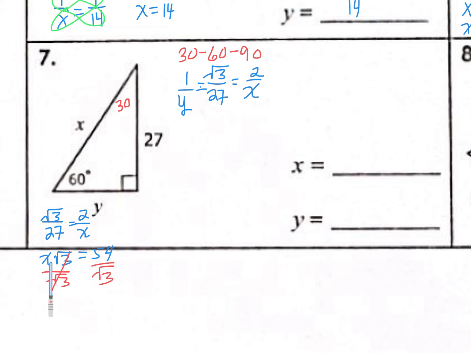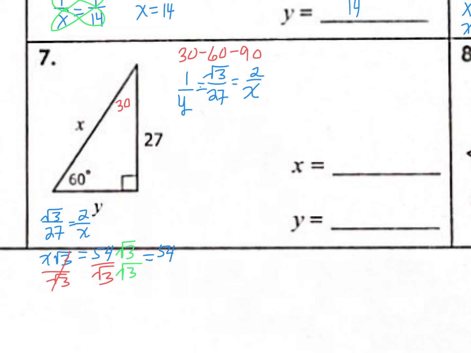So x cannot equal 54 over the square root of 3 because remember, we have to rationalize any radical in the denominator. So to rationalize this radical, we have to multiply it by itself. What we do to the denominator, we have to do to the numerator because we have to multiply by that form of 1. So we end up getting